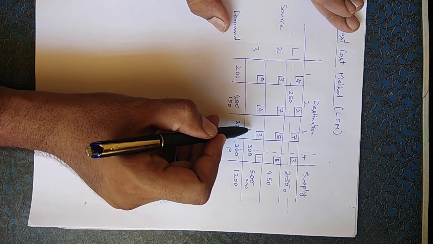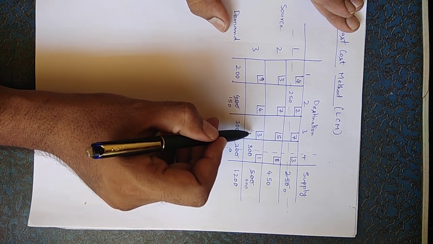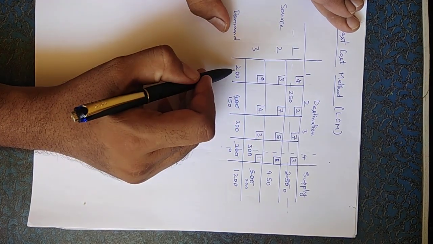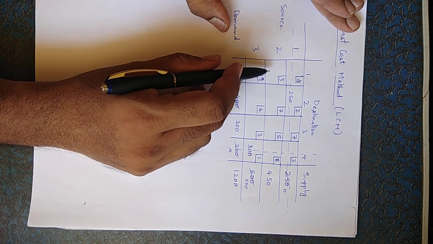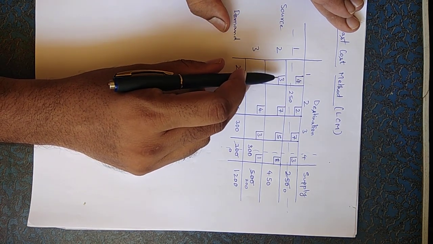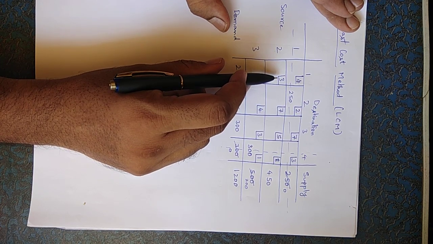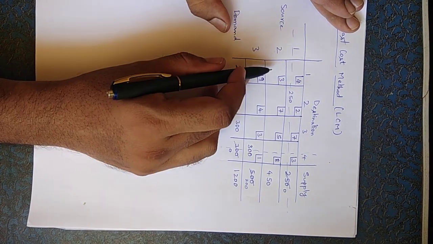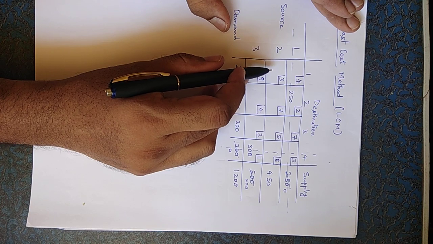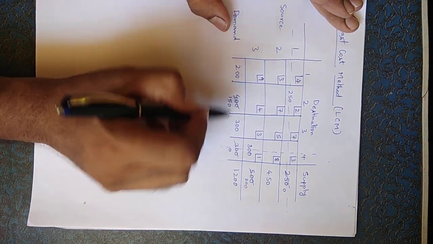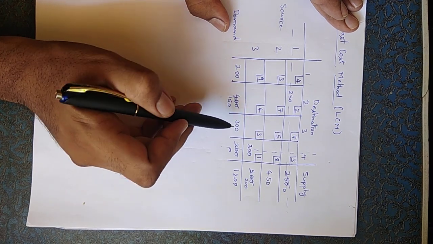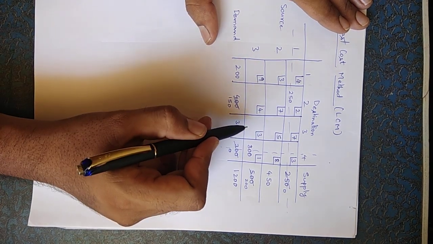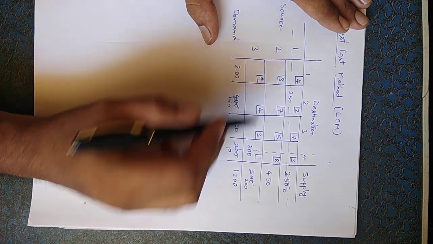So at the best possible chances that we can ship about 200 items. Here, if this were to be 300 and 450, 300 would have been the minimum, so 300. So 300 items can be shipped at rupees 3 per piece, and here only 200. So then at that point of time, this would have been a better option to give first priority. I hope you understood it. But in this current problem, since both the cells you can ship 200 items, it is left to the choice of the problem solver. I would take this cell first and then this cell.